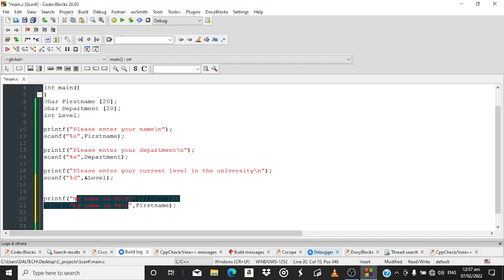So let's say she's an engineering student. I am in, let's say we don't know the engineering department, so let's just put percentage s. The percentage s is to put the department, so write engineering,